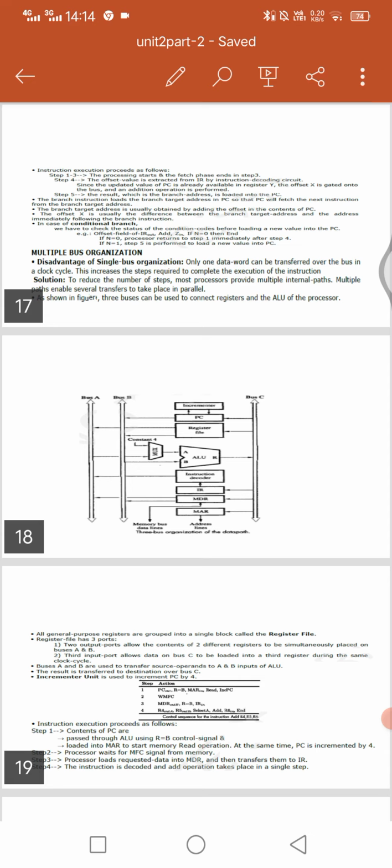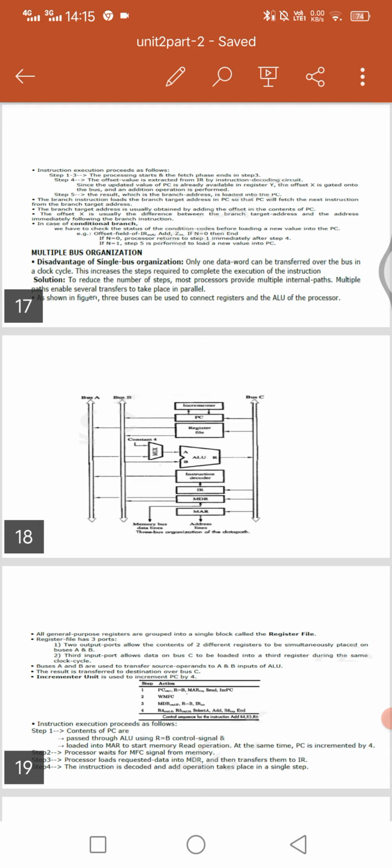So because of that problem, for execution of an instruction we require more steps. The solution to the single bus structure's problem is to reduce the number of steps. Most processors provide multiple internal paths.